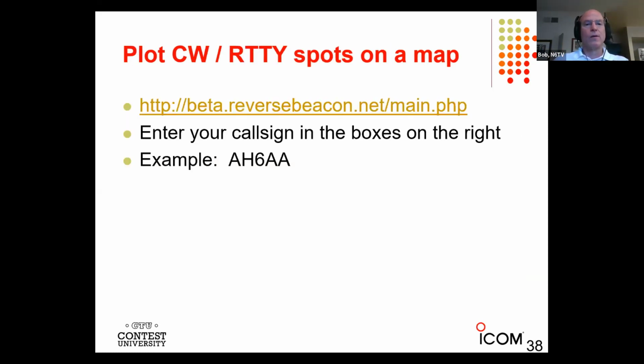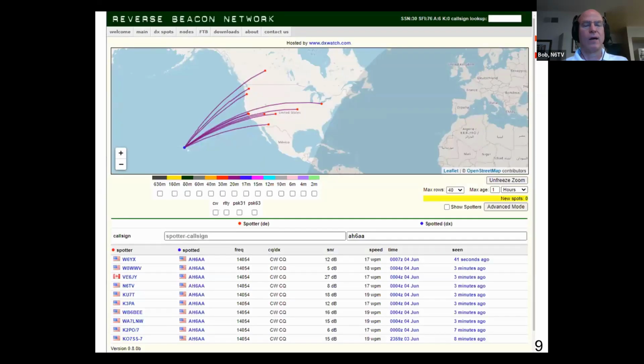But there's a new beta website that I highly recommend because it runs faster and it's direct, and actually the map works on it. There used to be a map on the old one, but it stopped working because Google Maps changed the rules. So for example, in this example on the next page, I went ahead and entered the call AH6A in Hawaii in the search box. And here it came up with this beautiful plot of all the skimmer nodes that are hearing AH6AA on 20